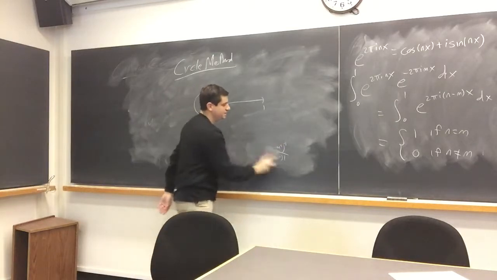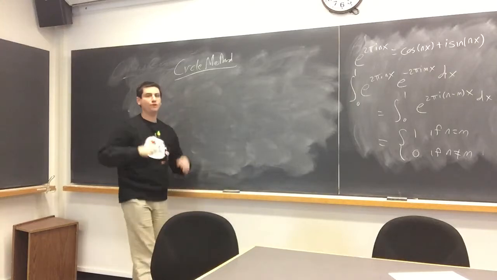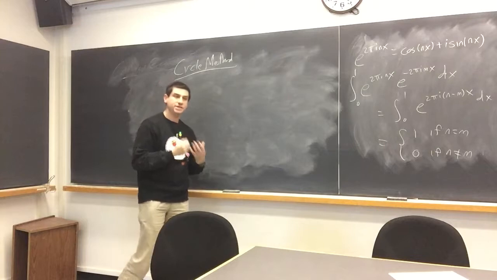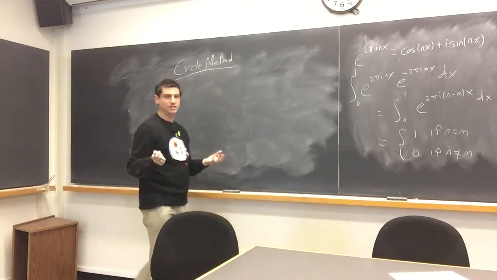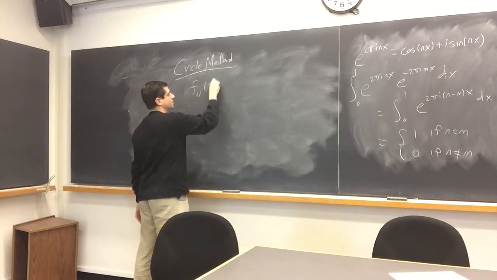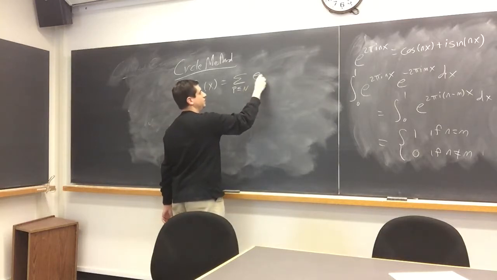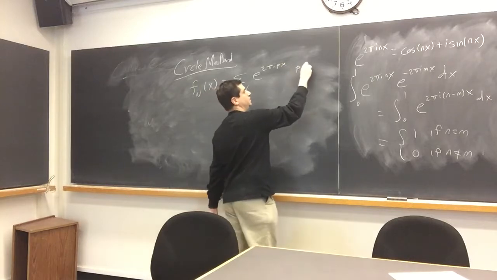So the whole point is this detects things. This is just the real 5-minute introductory spiel to the circle method, that we have a way of attacking these problems. And this idea of generating functions is not just a toy to handle things like this. Let f_n of x be the sum over all primes p less than or equal to n of e to the 2 pi i px, where p is a prime.